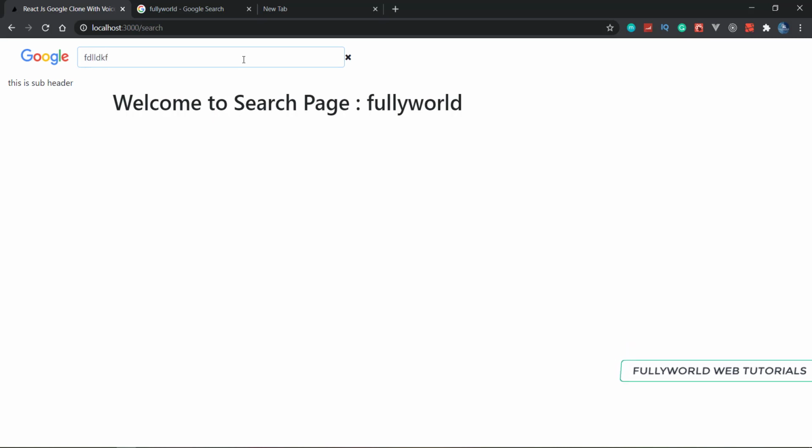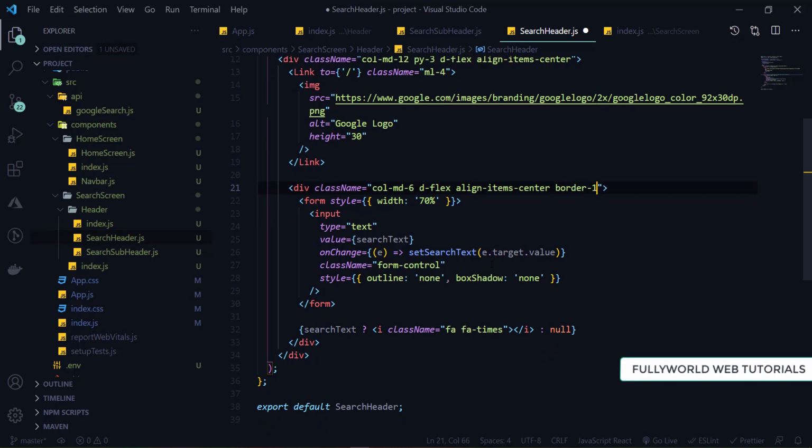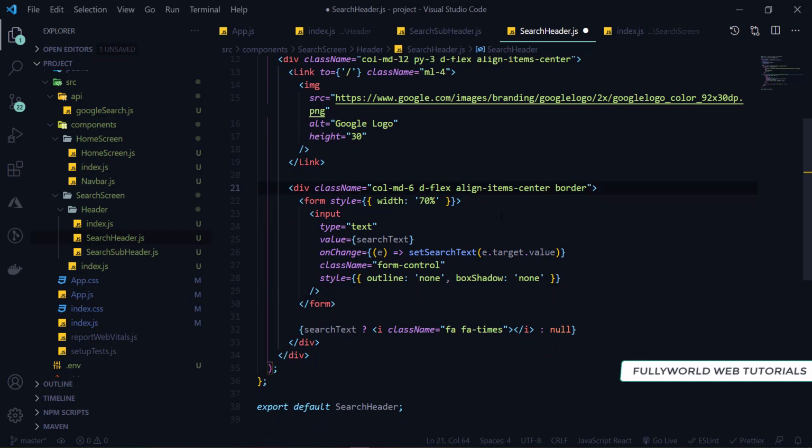So I'm going to apply the border to the outer. So a border will be one here, or simply I will apply border, and then here I will remove border. So here I'm going to write border 0, and here I want margin also. So I'm going to write margin right 3, or 2 is enough.